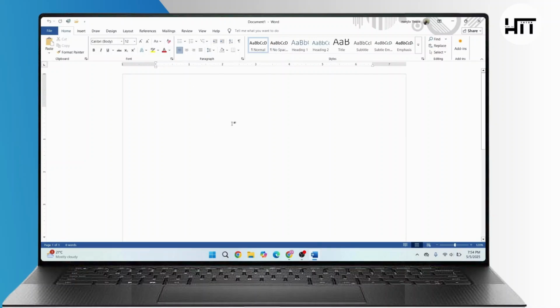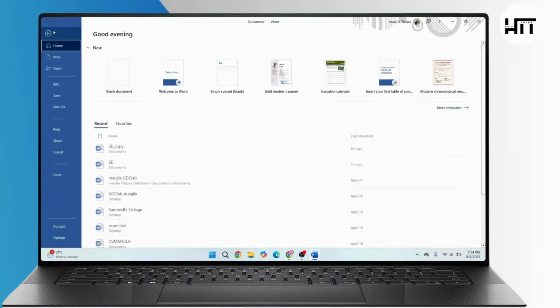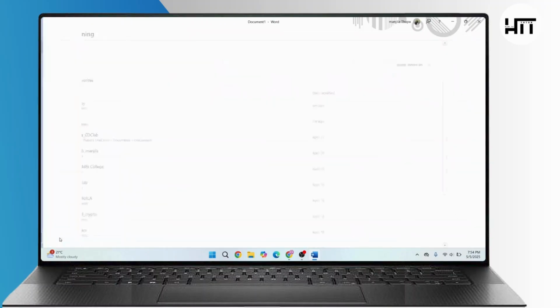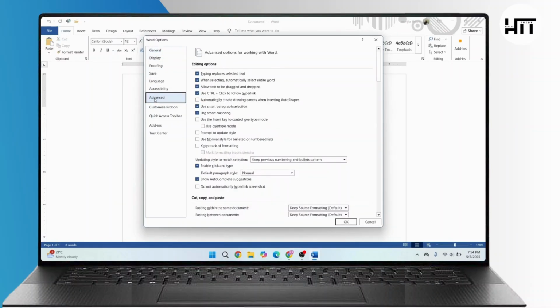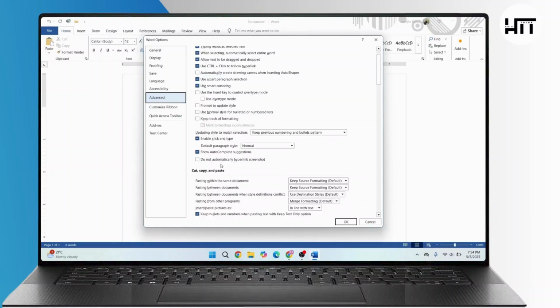If you're on this page, navigate to top left corner and click on File button. From this menu bar, you have to click on Options. Now under Options, again from this menu bar, go to Advanced and then click on it. Here under Advanced, you have to scroll down